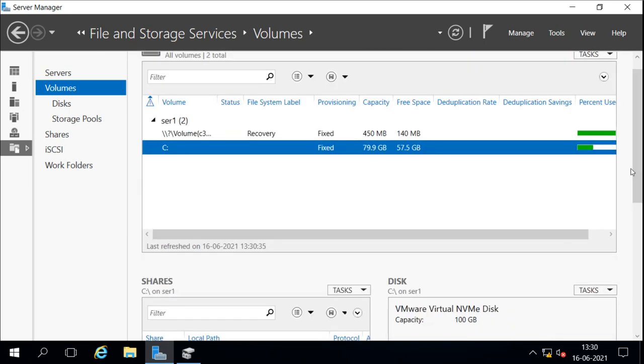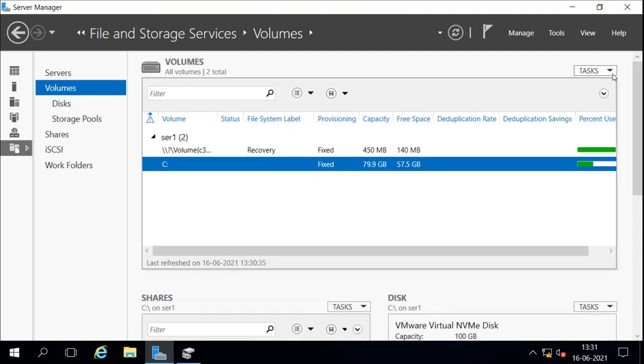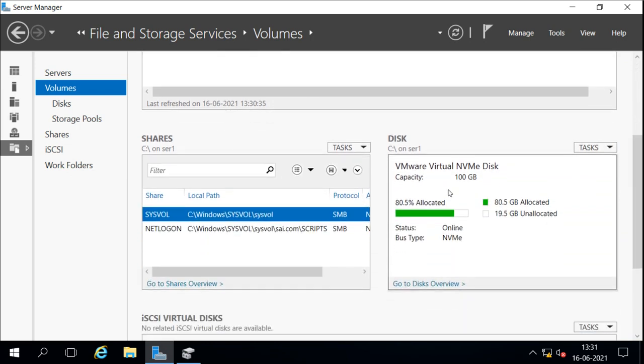Now if we want to create a new volume, we can create it from here. We can select this task and create a new volume from it, or we can select from the disk option. Like from the disk, I know that there is 20 GB available, so I can select here and create a new volume.